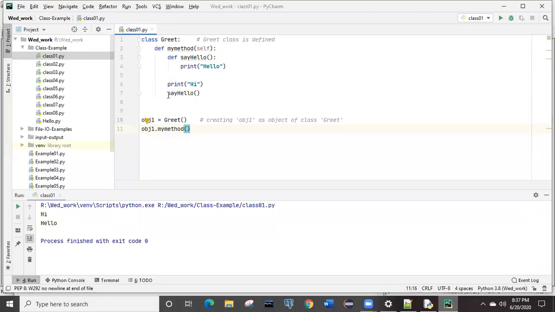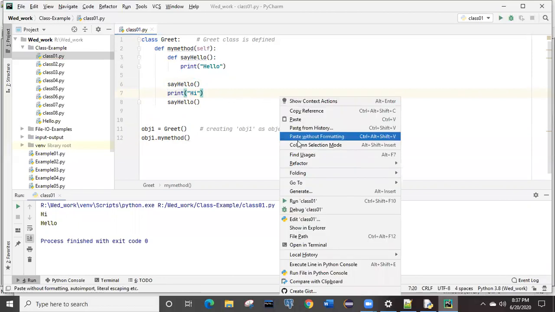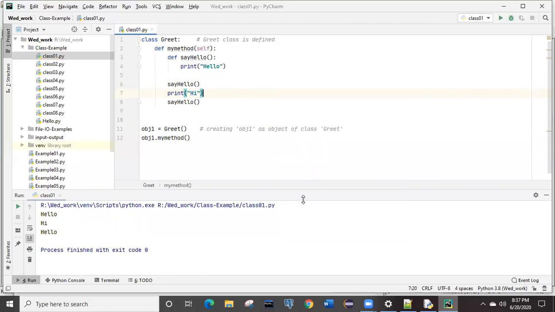Now I'll modify this. I call say hello before this print. What will happen then? Hello, hi, and hello.